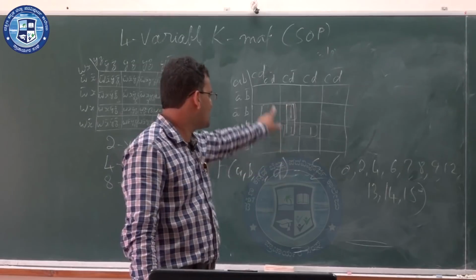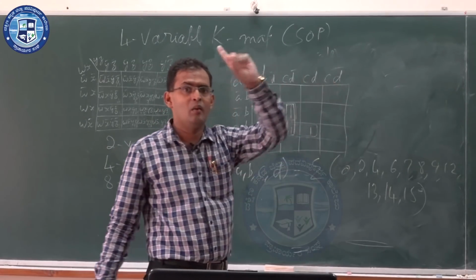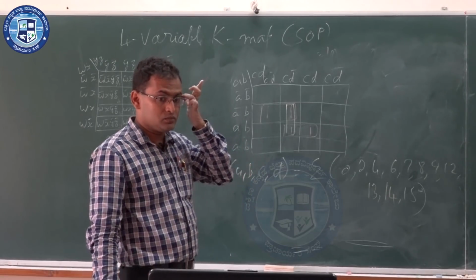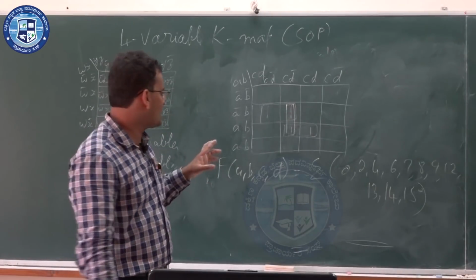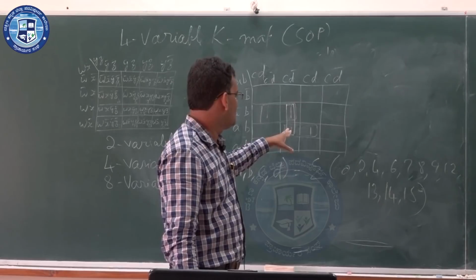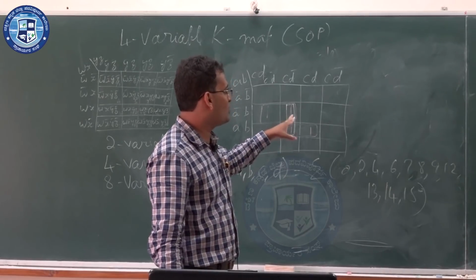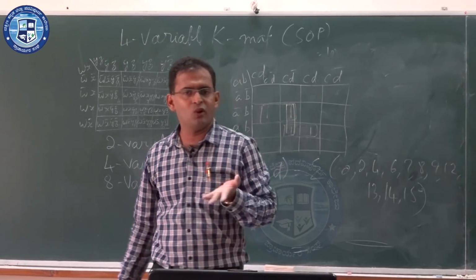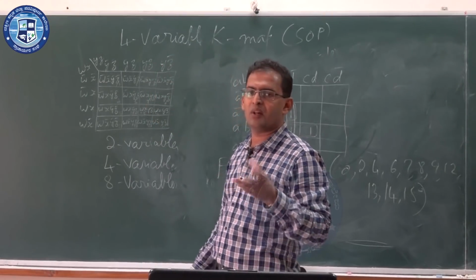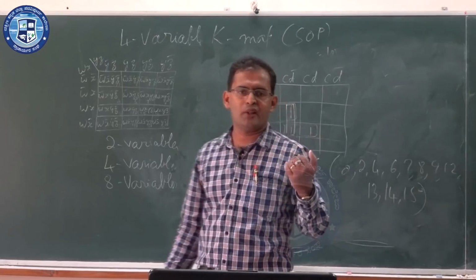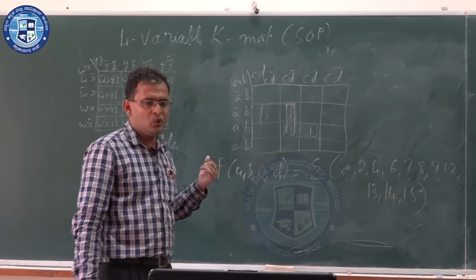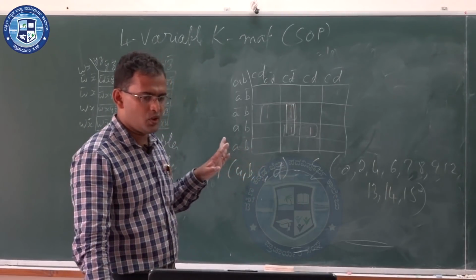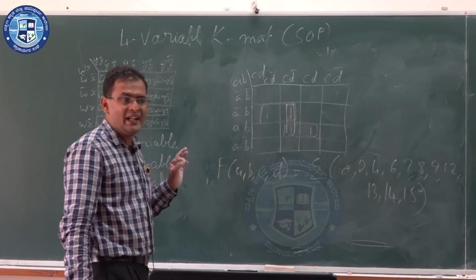Then map the given function, wherever it is necessary, put 1; in SOP we mark 1. Then you can encircle the number of pairs, quads or octets according to the format you get. You might get 4 quads, or you might get 2 quads, 1 pair, 1 octet, it depends on the problem. Once it is done, remove the redundant group if there is any, and then write the reduced expression for all the groups by adding a plus sign.